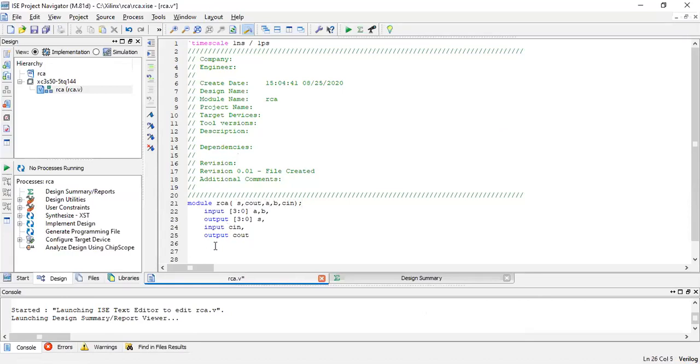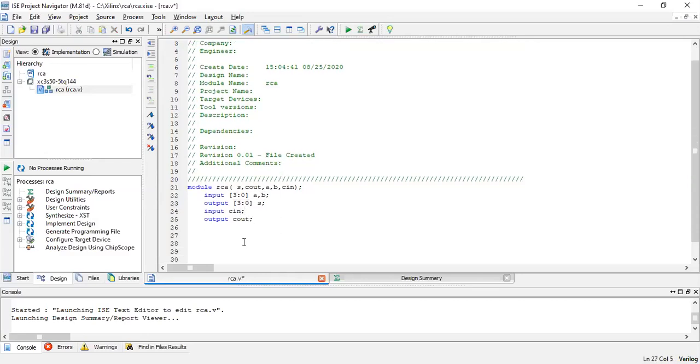So now how have I done? Input 3 down to 0. If I write like this, it means A is 4-bit in size. At the same time, B is also 4-bit in size. All the variables which are of the same size can be written directly. Then sum is how much? Sum is an output. I cannot combine input and output. So sum is an output, 4-bit size, I have written separately. There is one input C in, there is one output C out. Okay. Now this full adder, we will write ripple carry adder.